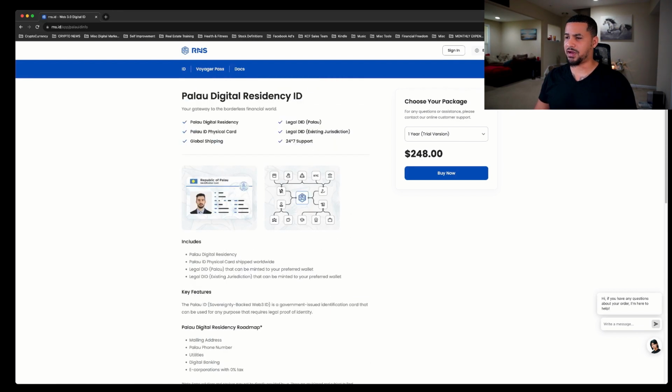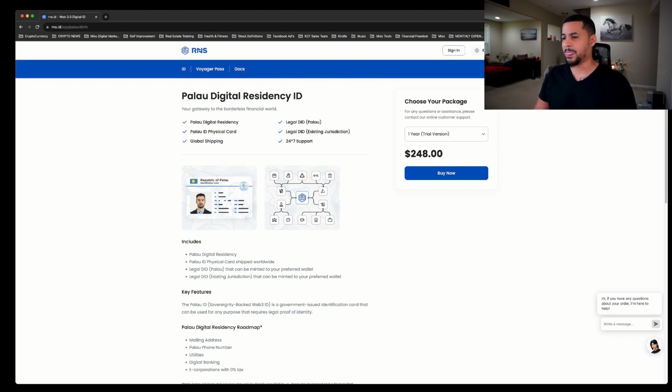So these are the different options that we were just talking about. They have a 1-year trial version. You can sign up for 5 or 10 years if you want to as well, and as you can see, there's a significant difference in price. So, you know, you do what you want. We would definitely advise the $248 because our main mission here is really just to sign up for those exchanges so that we can get KYC on them before they take anything off. I don't think they're going to take Palau off, but we just want to make sure that we do this and we are fast about this so that we can position ourselves before the bull market